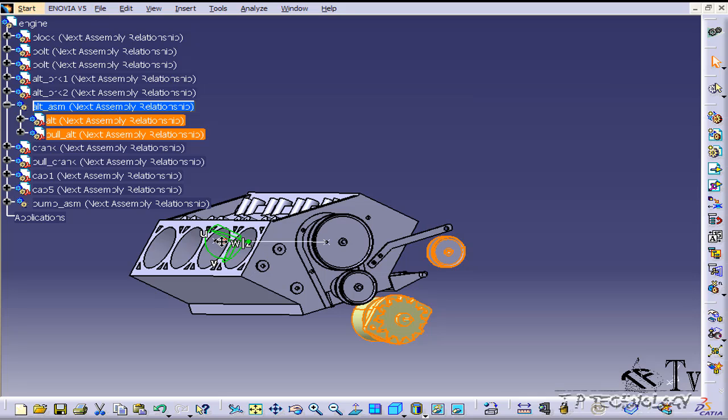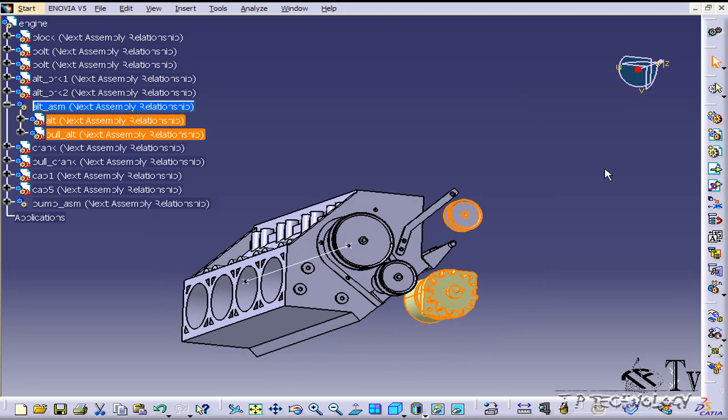So in these tutorials, I've showed you how to use the compass and how to translate and how to rotate all of your parts and assemblies by using the hierarchy, and how to select it and how to set it up. So again, this is a really good tool. You're going to be using it a lot for sure, no matter what. The more practice you get, the better you'll be at selecting your hierarchies and figuring out what you need to select to get the results you want. So all I can say is practice makes perfect, so you're going to need to practice on it. And that concludes our tutorial on how to use the compass rotate assembly feature within CATIA V5.